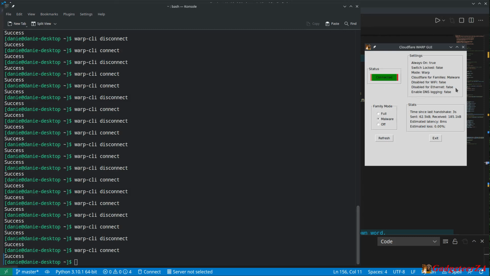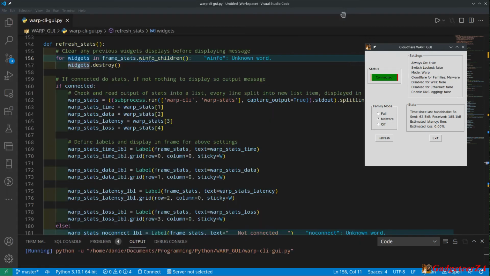I've also just tidied this up. I've done the same thing here to clear this frame. Now I don't have this overwriting anymore. You'll see if I say full, it changes nice and clean to full, but it's also resizing slightly. Obviously off is okay, and malware back on, it readjusts again. So that's something I must just figure out. But let me show you then the code update quickly.